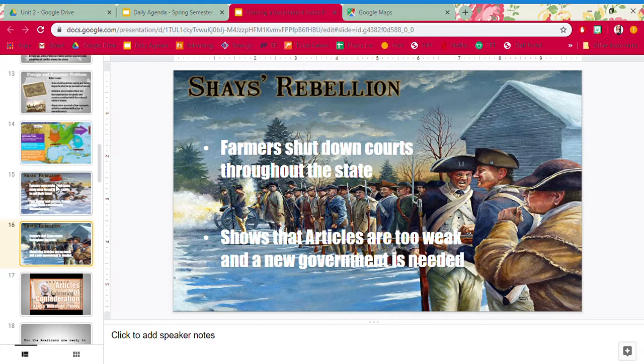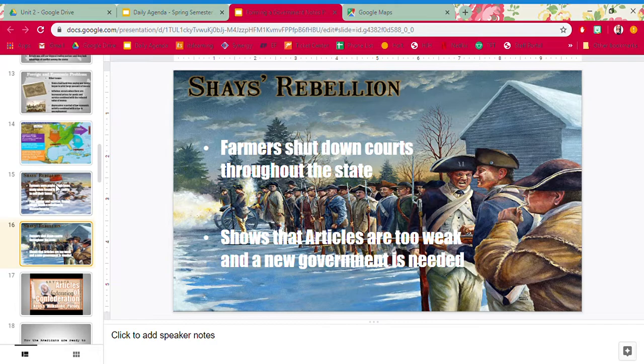And so if they couldn't pay their taxes, then the local courts would confiscate their land, right? They would take it away and sell it in order to pay the taxes, or they would send the person to prison. So, in August 1786, some farmers began to revolt. They closed down the courts, and so therefore nobody could take away their property. And this guy named Daniel Shays, who was a poor farmer and a veteran of the Revolution, he's the one who's going to lead all these guys.